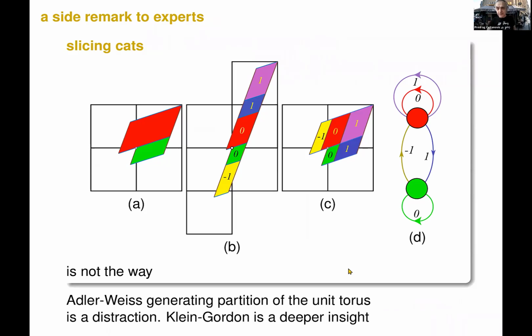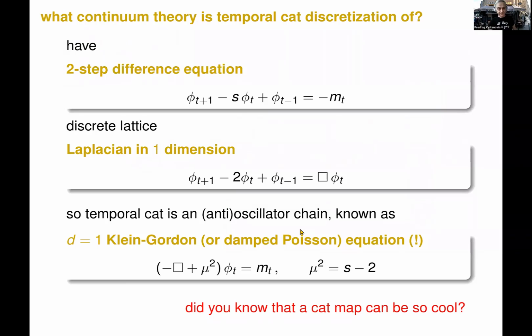Now, experts of ergodic systems always teach it as, you take in time, you take a partition, you slice the cat into pieces, you recombine them. Here is one explicit example of how to do this. That's otherwise called a generating partition, or Arnold cat. And it's a distraction. What I just taught you is a much deeper insight. I don't need to do any generating partition, that's just for specialists.